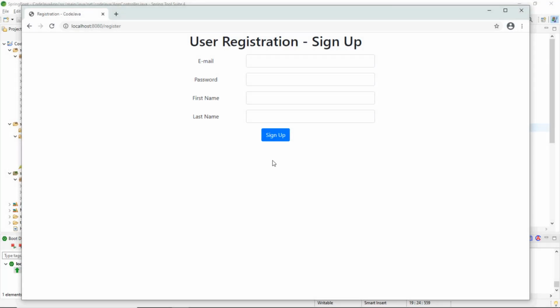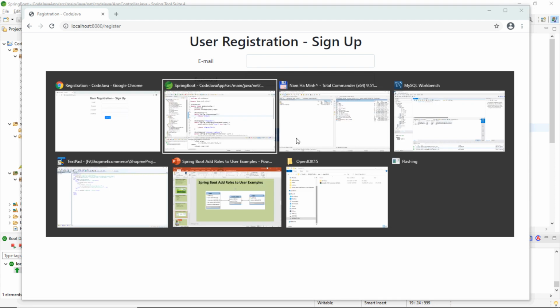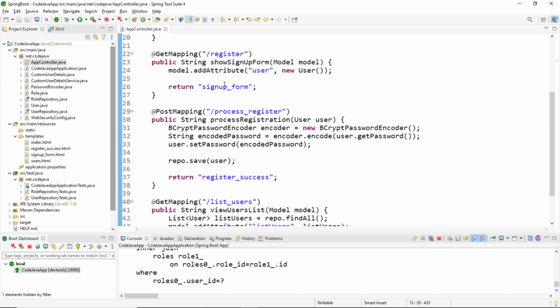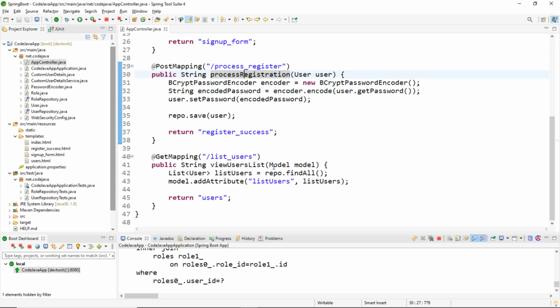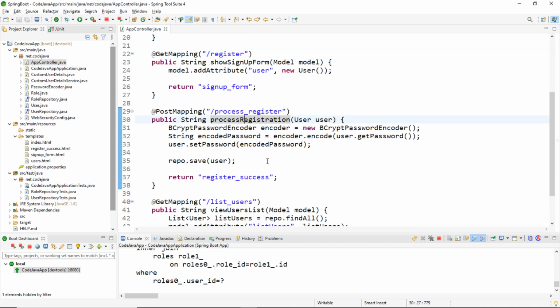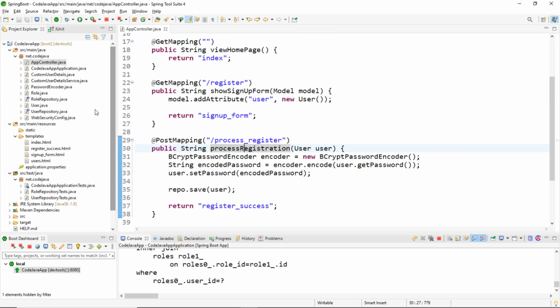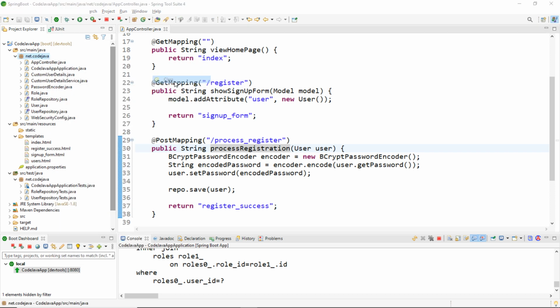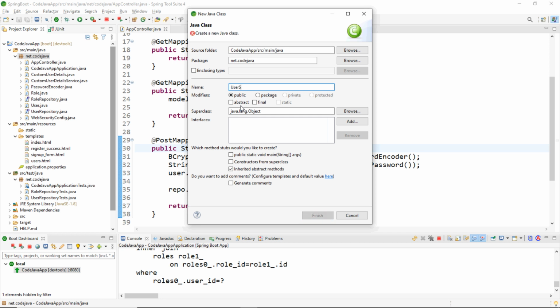Next, we are going to update the user registration process to assign the default role to a new user. Okay, come back to the project, and this is a Spring MVC controller class that handles all the requests to the application: home, show sign up form, and process registration here. It's better to create a service class for the user business. So I create a new class here, UserService,